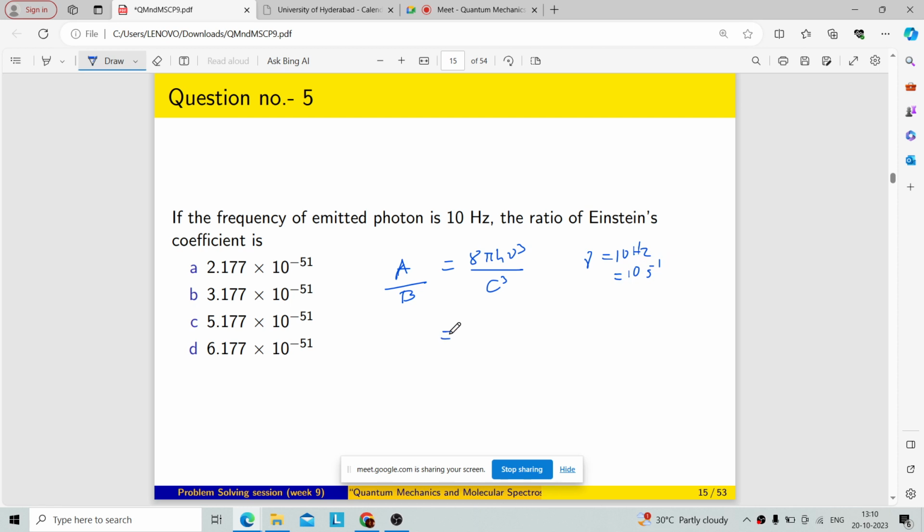Now you can put in all the values: 8 times pi times 10 cube times the value of Planck's constant, which is 6.6 times 10 to the minus 34 joule second, and the value of c, which is 3 times 10 to the power 8, cube. So if you put this in the calculator,